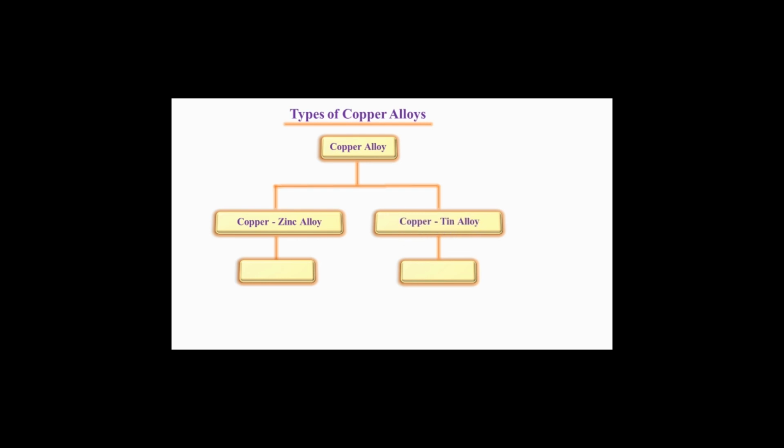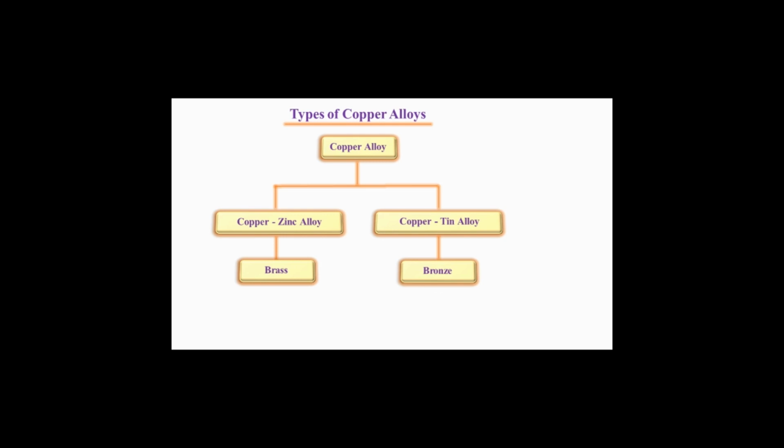As I have told you earlier, if we mix zinc with the copper, then what new alloy is going to be formed, and if we mix tin with the copper, then what new metal alloy, which is non-ferrous, will form, that we get to know. So first of all, we should see copper zinc alloy. If I mix zinc with the copper, then I will get brass. In Hindi we can see a very common material, that is pital. In Hindi we generally call it pital. So if we mix zinc with the copper, then we get brass, that is pital. And if we mix tin with the copper, then we will get bronze.